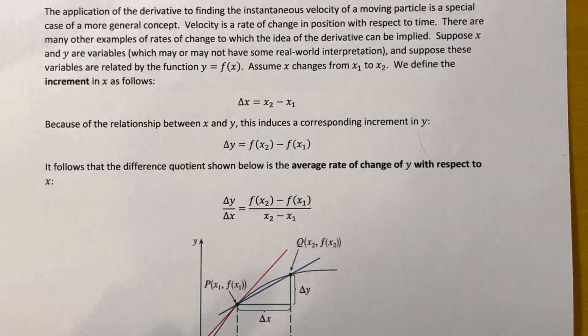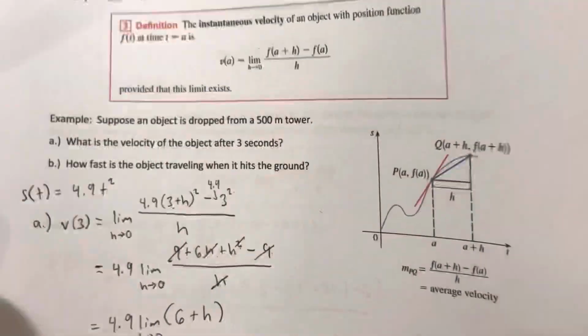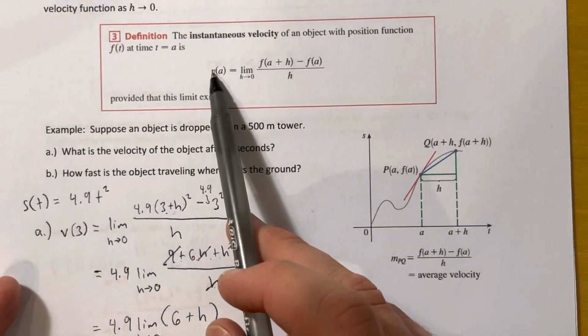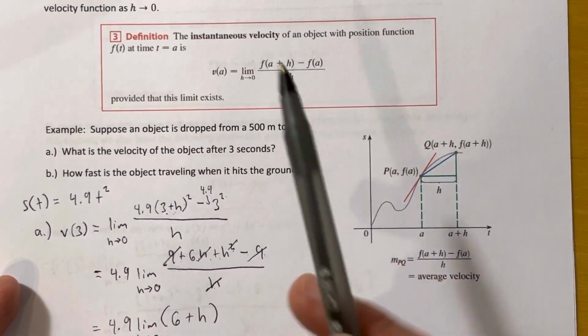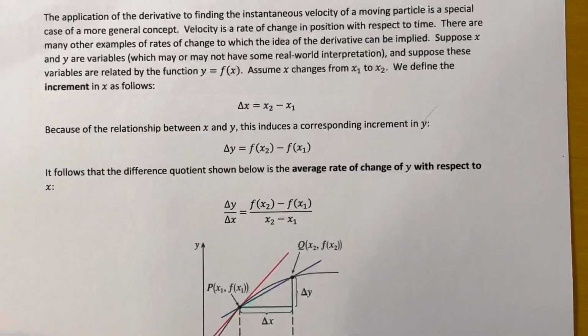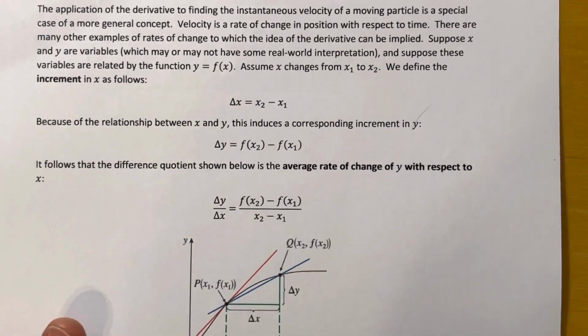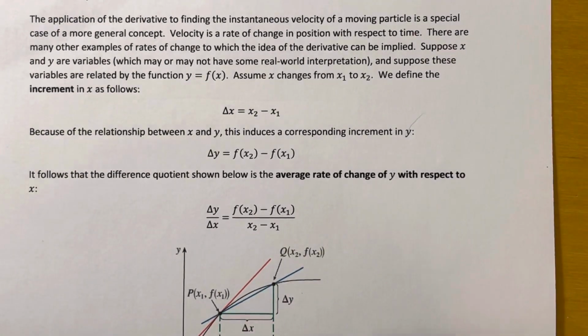So we've looked at one example of the derivative as it pertains to position and velocity. Specifically, what we saw back on this page, in light of our definition, the velocity function is the derivative of the position function for a moving particle. So that concept is a specific case of a much more general idea, which is that derivatives represent rates of change